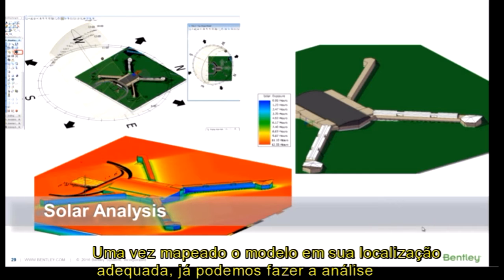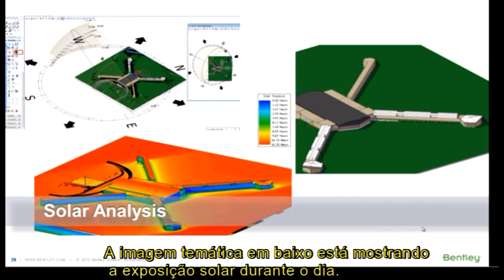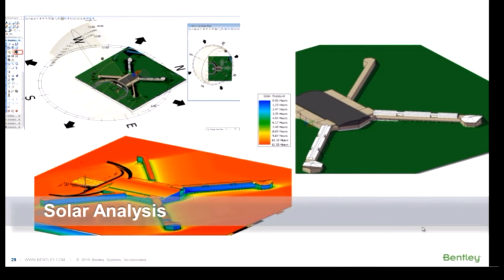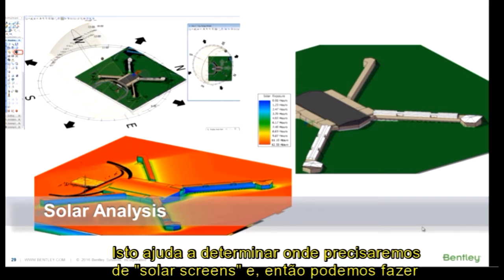Once we have that massing model in its proper location, we can be doing analysis of solar information. So we can do solar studies and shadow studies. And the thematic image at the bottom is showing the exposure of the sun during the day. So the blue is like only a few hours, and the red is a hot spot where there's a lot of sun. This will help determine where we need some solar screens, and then we can also be doing shadow